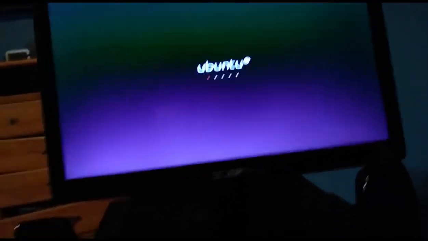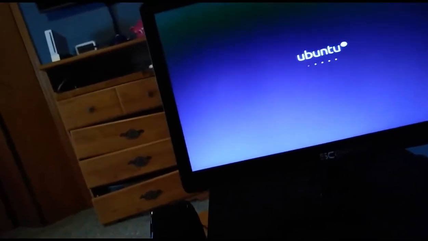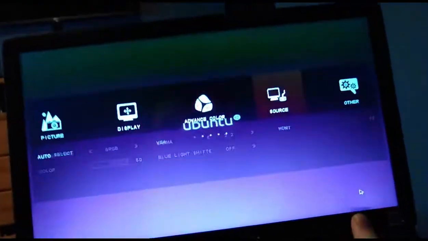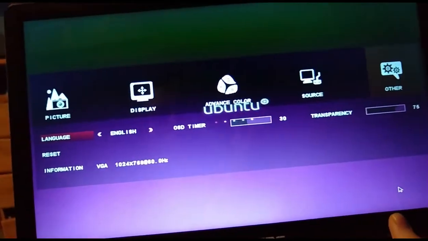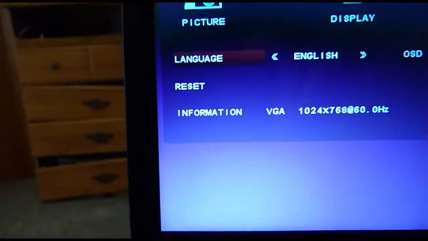I guess maybe an update broke that, because that happened in 16.04 too, before the new year. What resolution is this in right now? You can see there 1024 by 768. That's where it was before, and yeah,